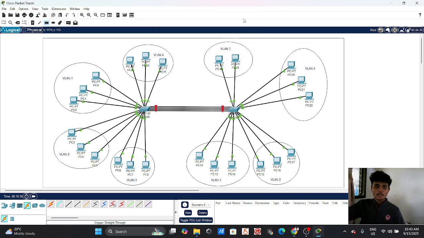So this is the access port. So we will save this as access port.